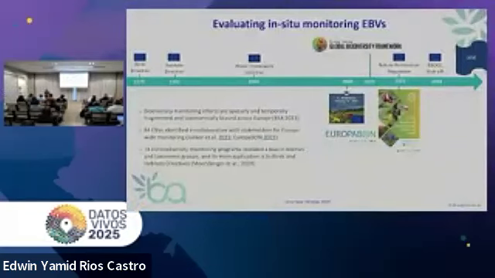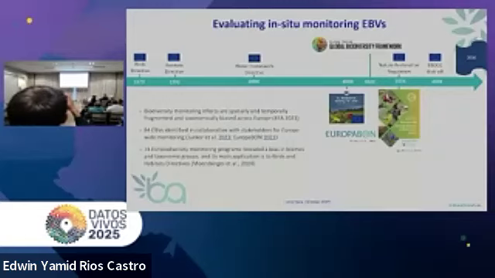Overall, we all know what the EBVs are, but just to give a bit of an overview, policy-wise. One of the outputs of Europa BON was to develop the EBOCC, the proposal for the European Union to have this coordination at the European level: the Biodiversity Observation Coordination Center. Until now we don't have anything like that. The call for tenders just finished, so we are going to have it next year. We're going to see how the governance works with all these EBVs, putting them into practice in Europe to fulfill the policy needs.